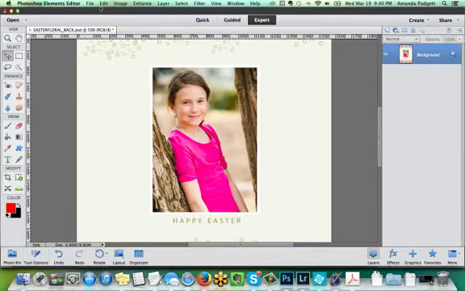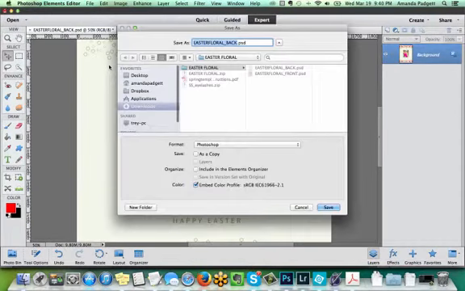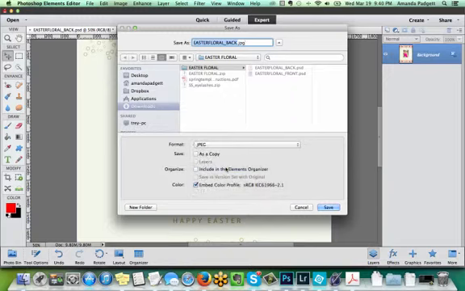Now I'm going to save it as a JPEG. So I'm going to do Save As, and then name it what I want to name it, and save it as a JPEG format. This might look a little different for PC users, but pretty much you know how to save in different formats. And save it as a JPEG,